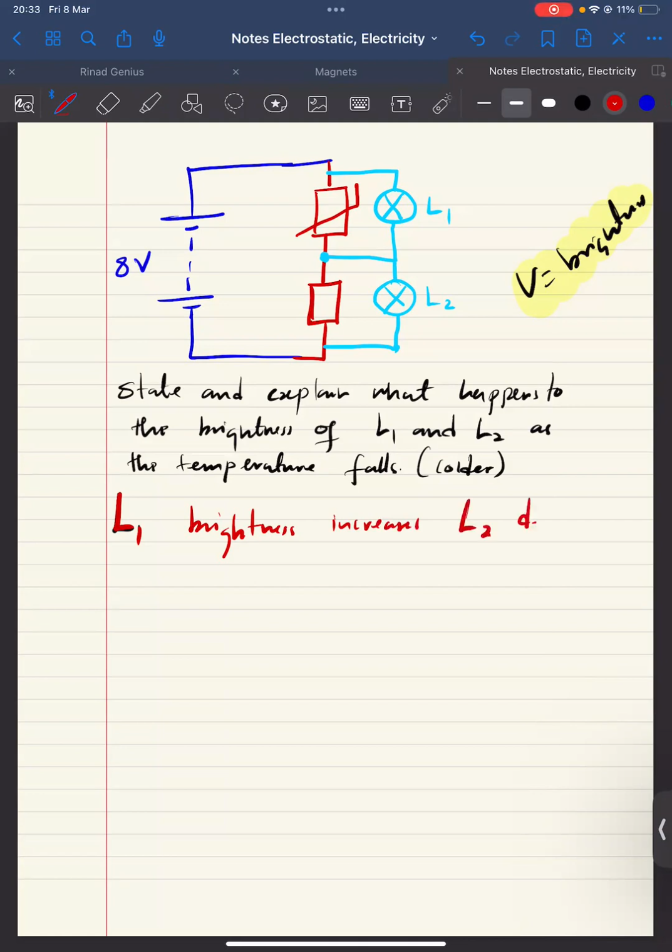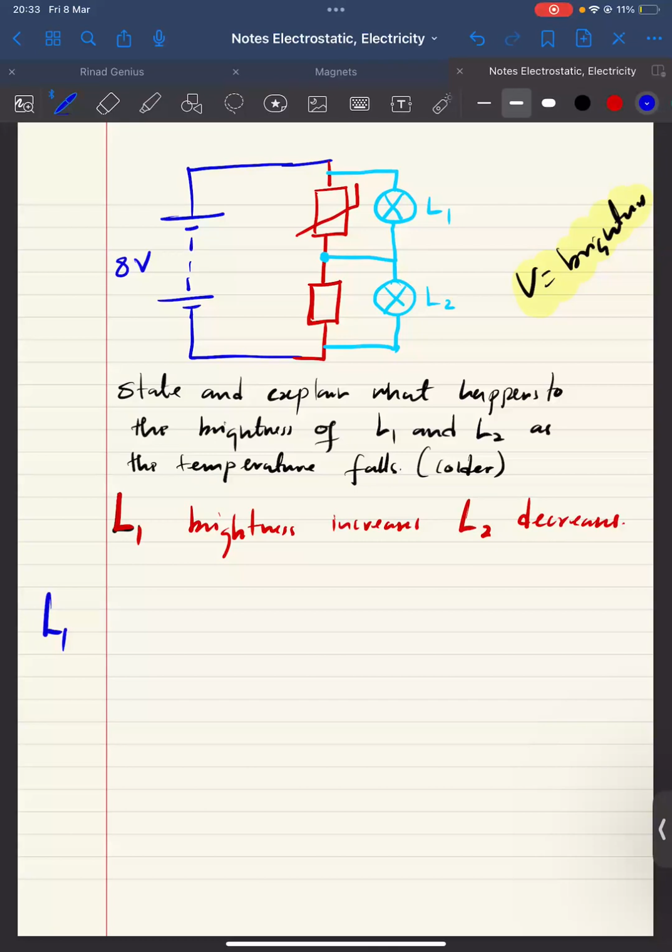Okay, that's nice. Now, Dua says the brightness of L1 will increase and the brightness of L2 will decrease. But we want to explain that. So we are saying